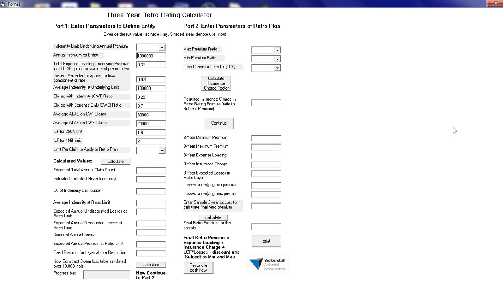Then what selection they make regarding the minimum premium they are willing to pay or the maximum premium they want to pay for the retrospectively rated premium, the expense ratio underlying the premium level itself, and then finally the parameters that describe the line of business itself, the expected frequency and expected severity of the line, and the distributions around those expected levels. So when you consider all of those variables,